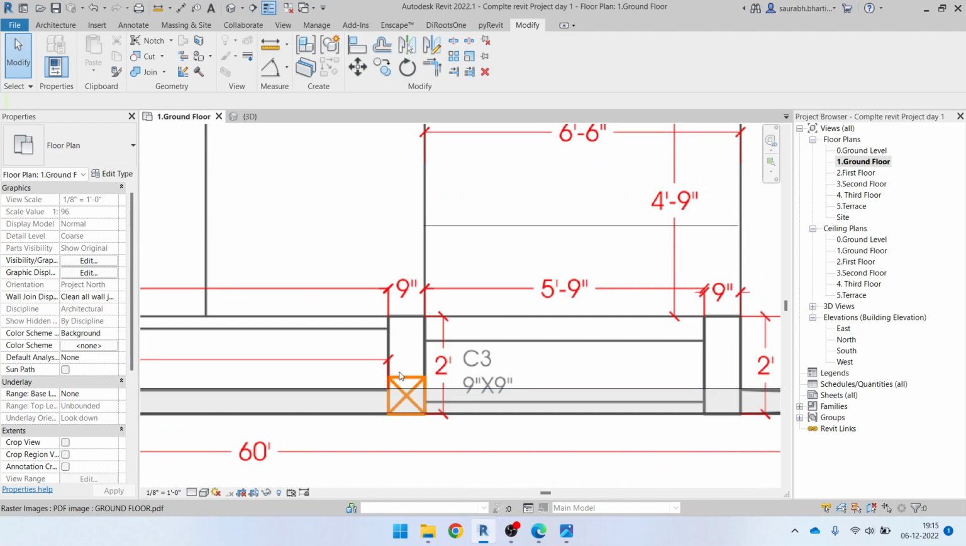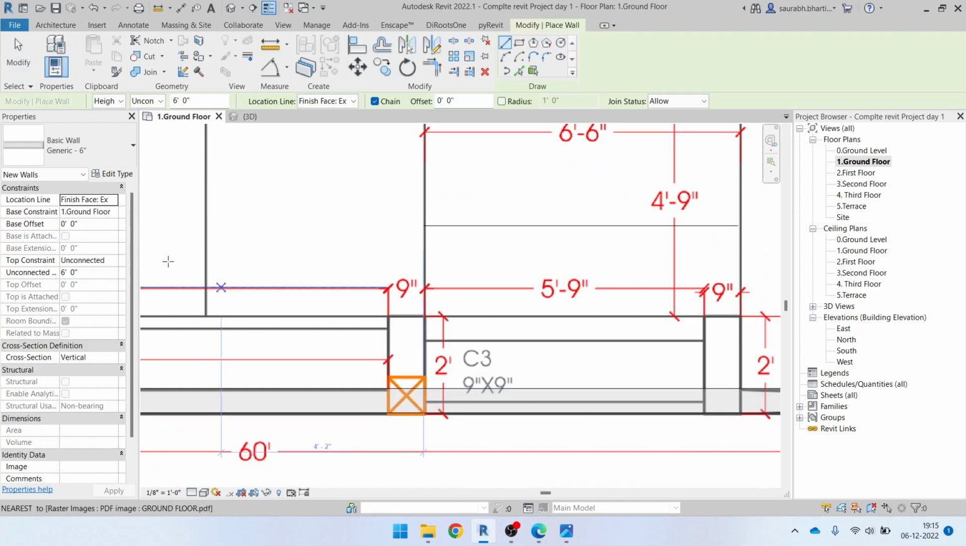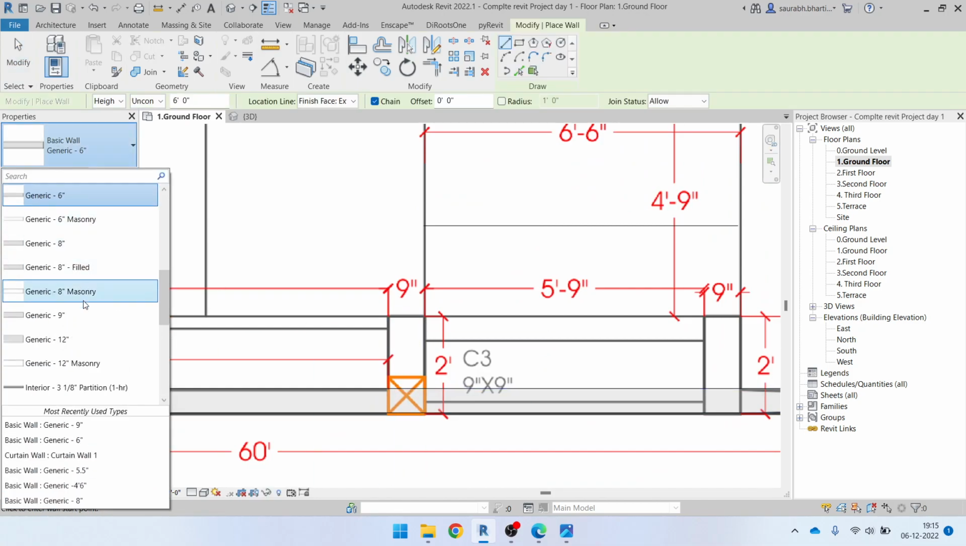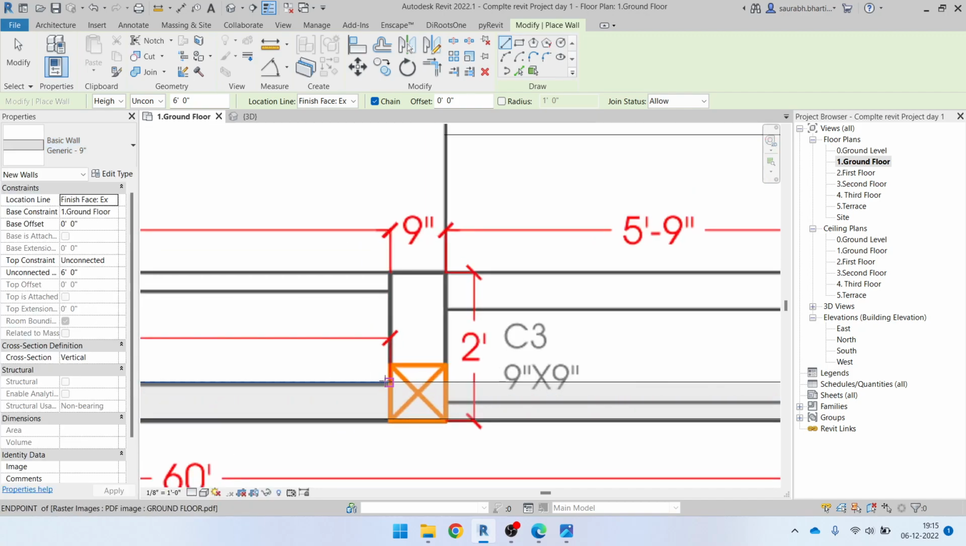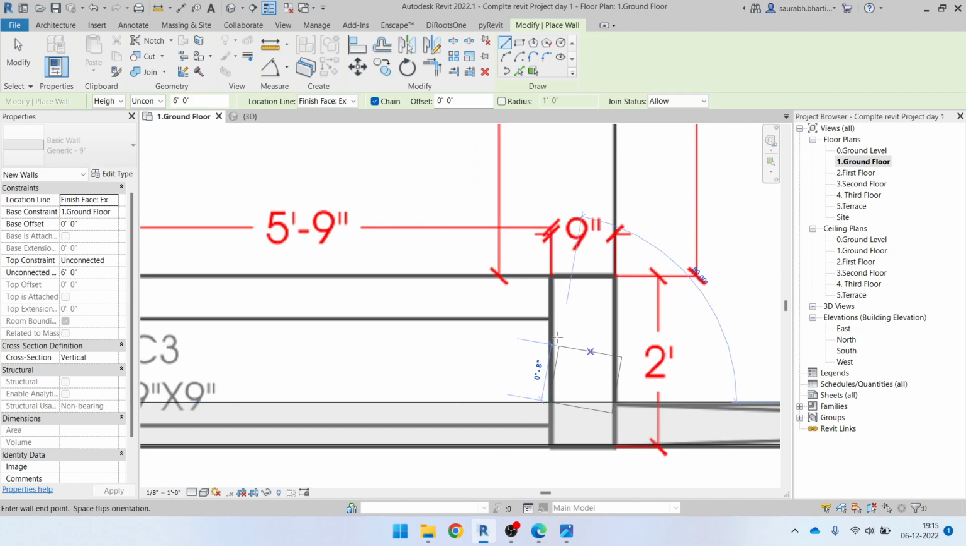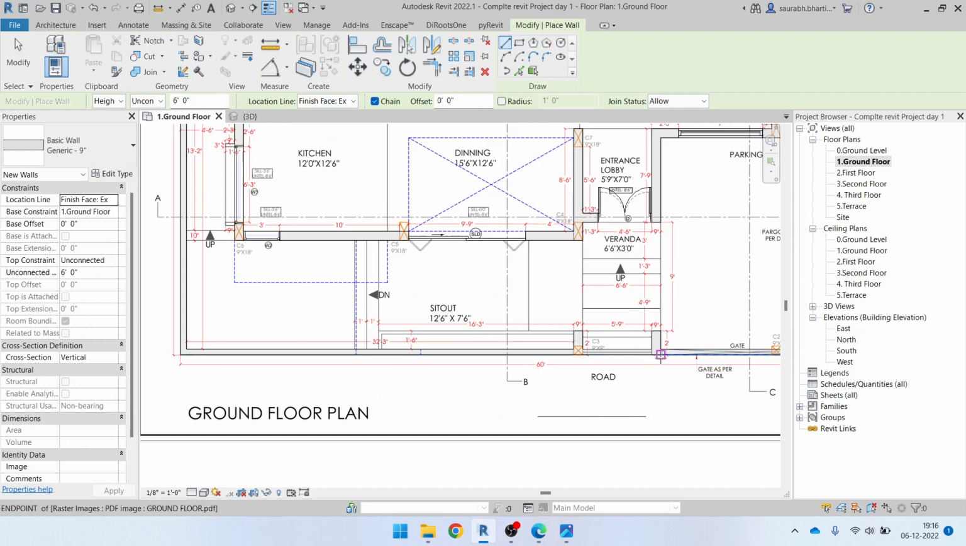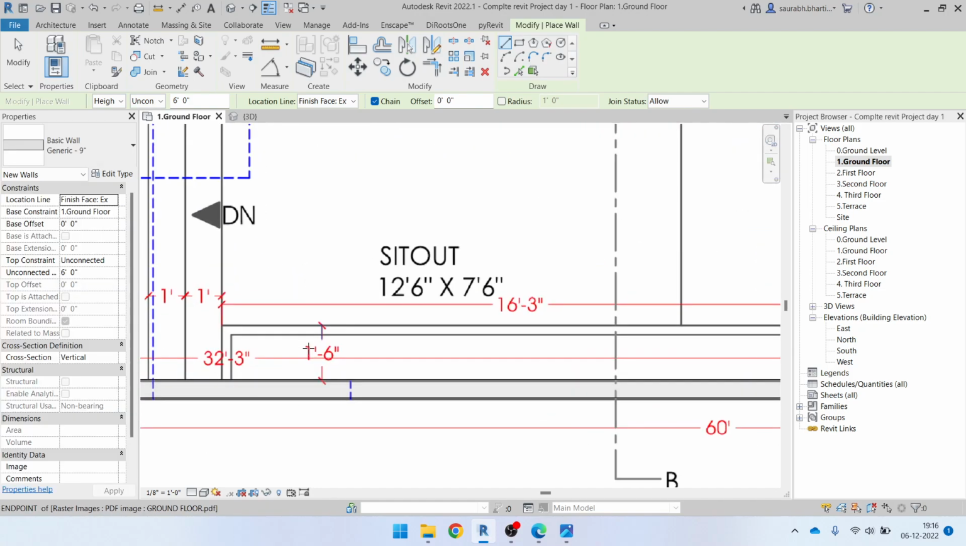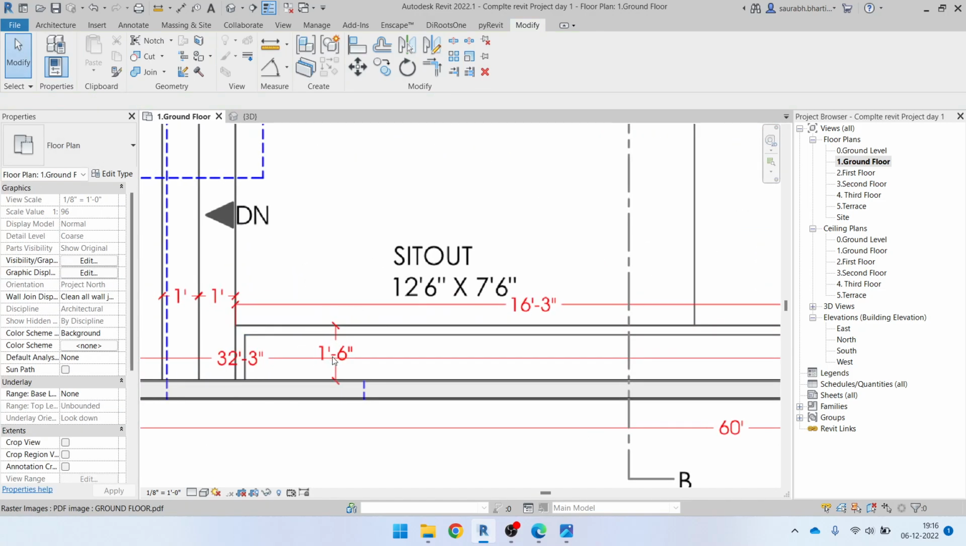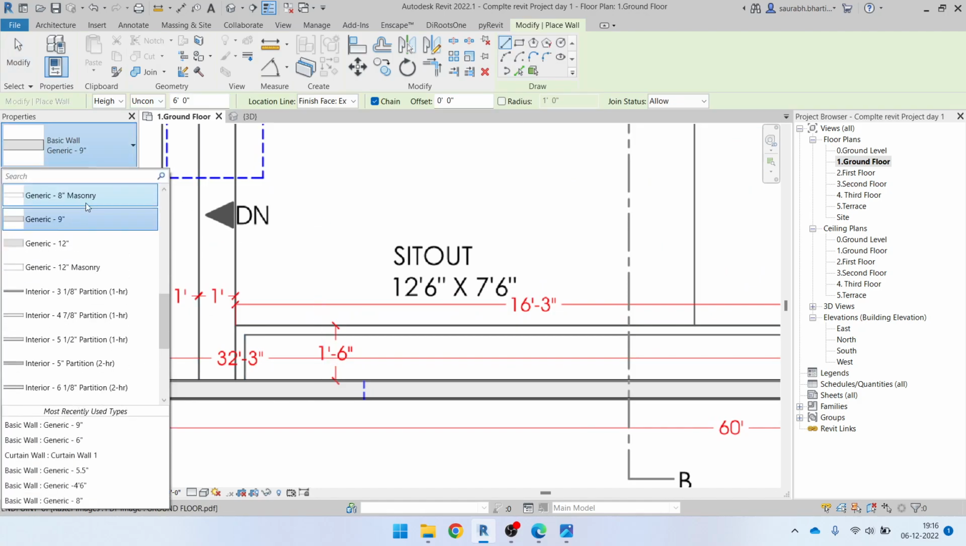And here it is like a 9 inches wall, so let's just make a wall that is 9 inches. So WA is the shortcut for the wall, 9 inches wall. So I'm just gonna make a 9 inches wall from this point to this point, and from this point to this point. That's fine. And then this is a 6 inches wall, maybe. So let's go for a 6 inches wall once again, 6 inches,